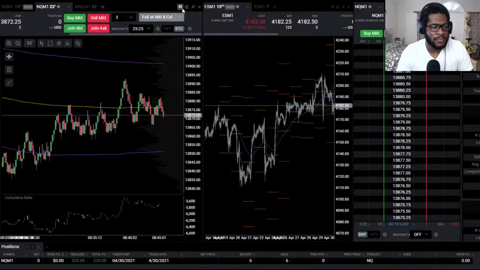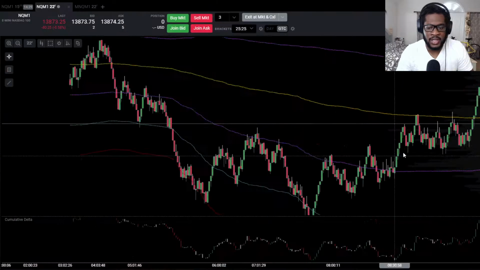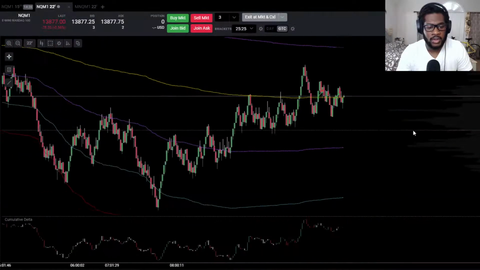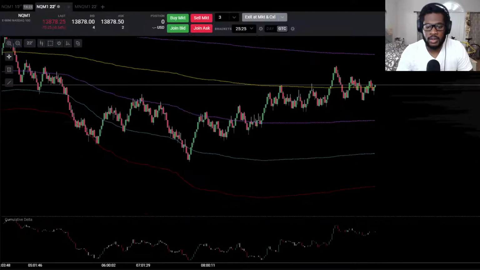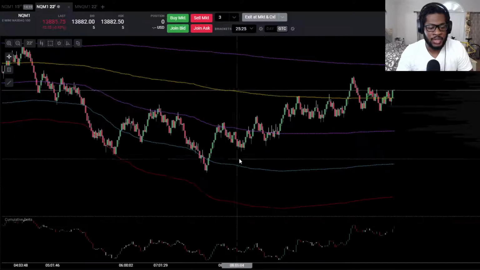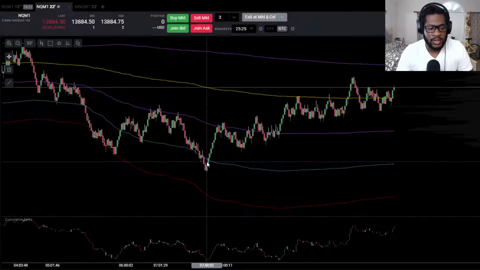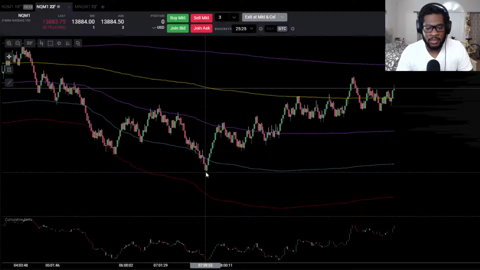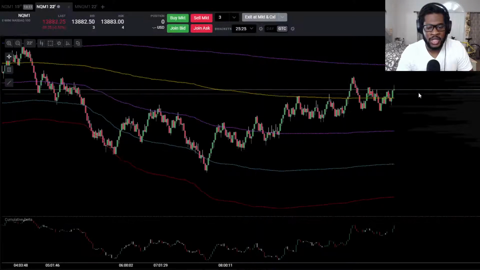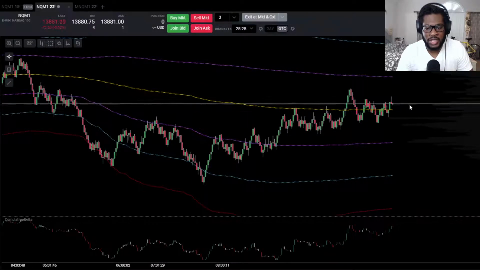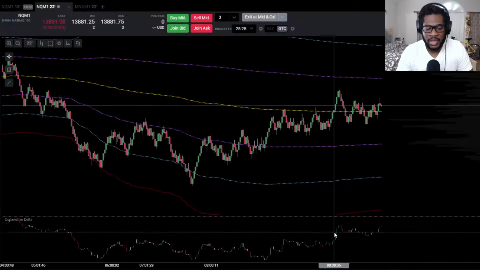Looking at this, if we scroll out here a bit, we're seeing this rounding formation, and it's been building up since 7:30 in the morning and starting to push up. So now that we've hit VWAP and crossed it, I'm hoping that buyers will start coming in here and pushing this thing up. And I'm seeing buyers come in on the delta.